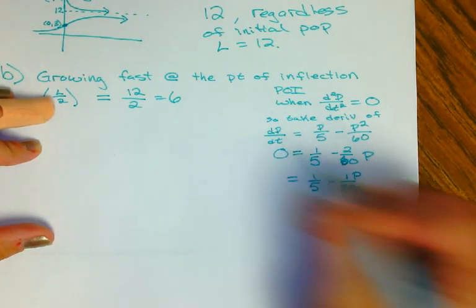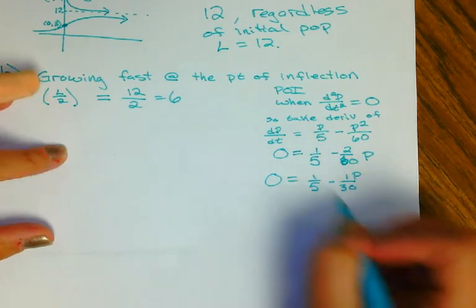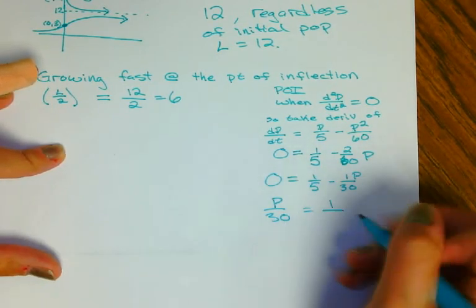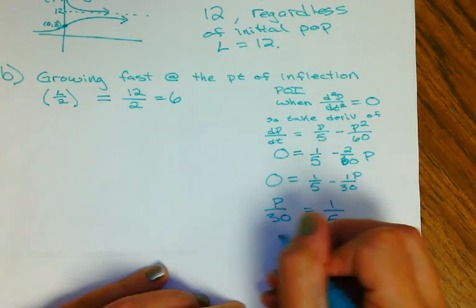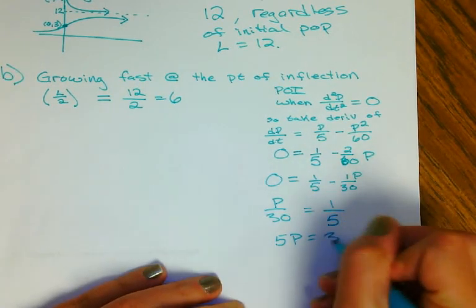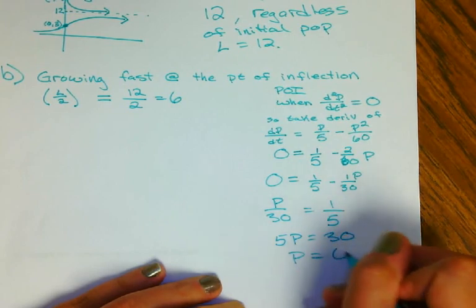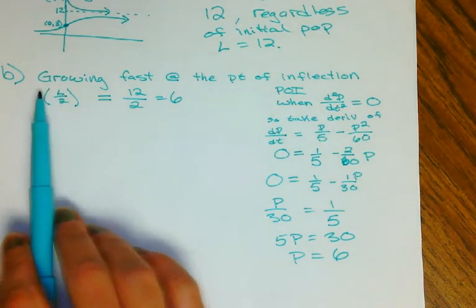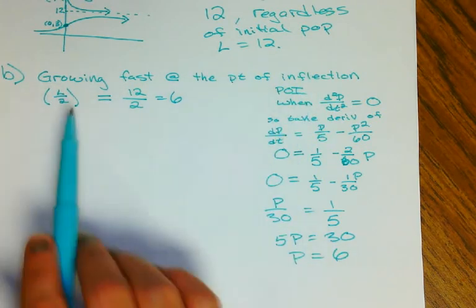When you take the derivative, we'll set that equal to 0, then solve for p. So move that over, so then you're going to have p over 30 equals 1/5, and then 5p equals 30, and sure enough, p equals 6. So again, the faster way is just to know that it's growing the fastest at the point of inflection, which